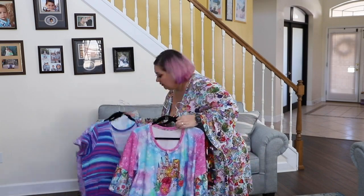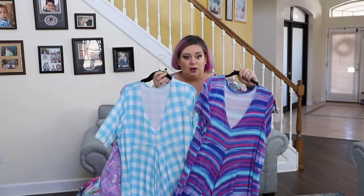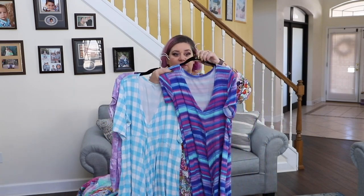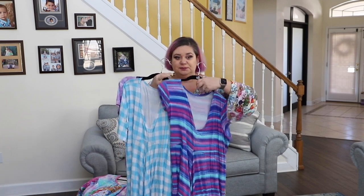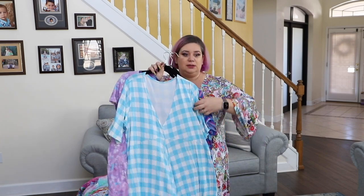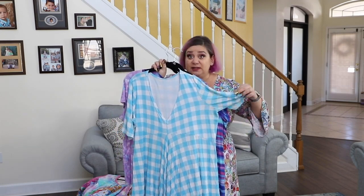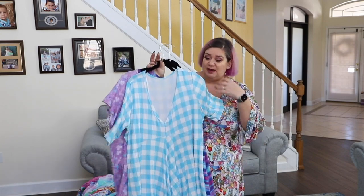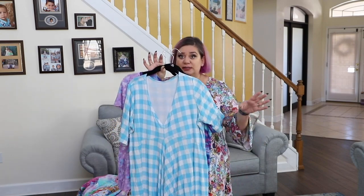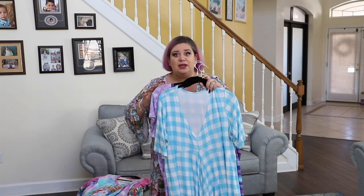For your Fortes that have either the short sleeve or the elbow length sleeve, this one, elbow length sleeve, or the fitted long sleeve. So for your Fortes that have fitted sleeves, regardless of the length, I definitely recommend layering it